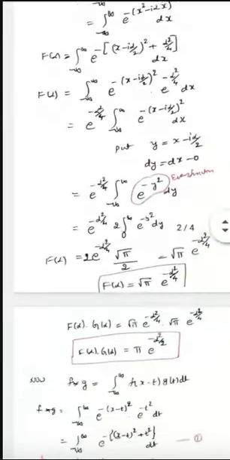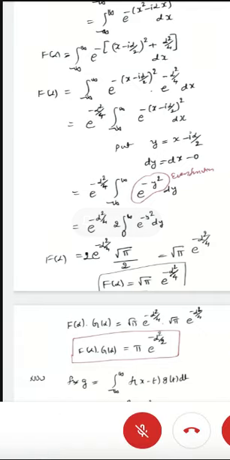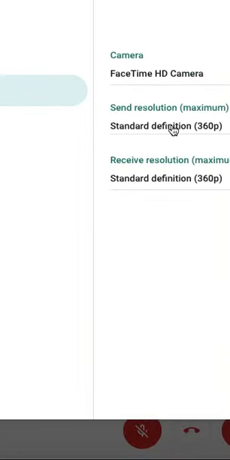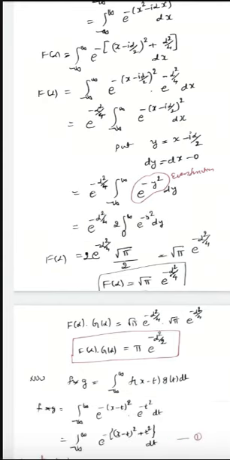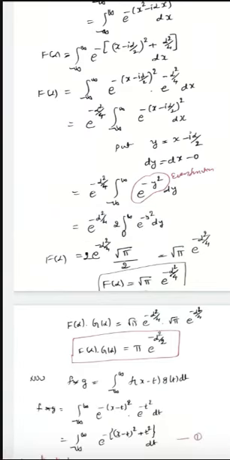Now f of alpha, g of alpha value will become what? F of alpha, what we got? Root pi e power minus alpha square by 4. Similarly, if you take g of alpha, you can get the same answer, root pi e power minus alpha square by 4. Why? Because both are same. F of alpha equal to g of alpha, already I explained that in the first one. So root pi into root pi e power minus alpha square by 2, because if the bases are the same, the powers will be added.